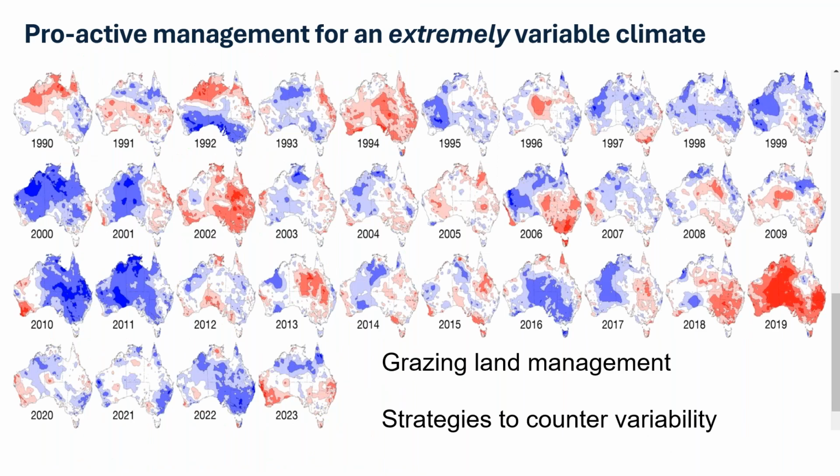Okay, so our ultimate challenge is the extremely variable rainfall environment that we face in the north. Unlike some other forms of agriculture, beef producers cannot control the key driver of plant growth, which is moisture. Effective grazing land management is the key tool at our disposal, and that should always be our first go-to. However, other strategies can be used to overcome feed deficits, and the use of deep-rooted, drought-tolerant legumes is one method